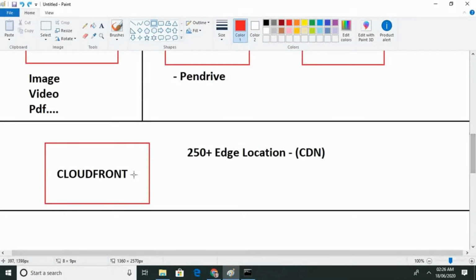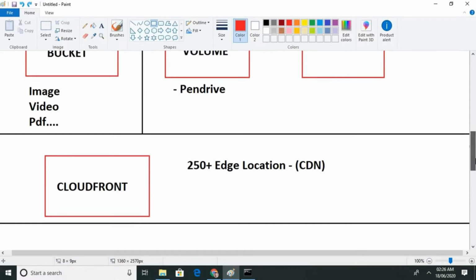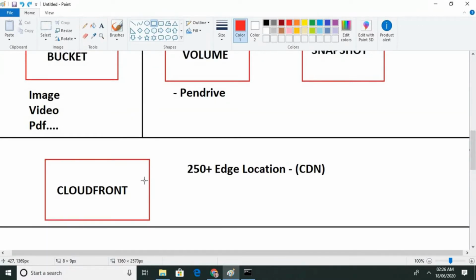Let's come to the next part, CloudFront. CloudFront is also one service of AWS, which gives a content delivery network. What is meant by that?